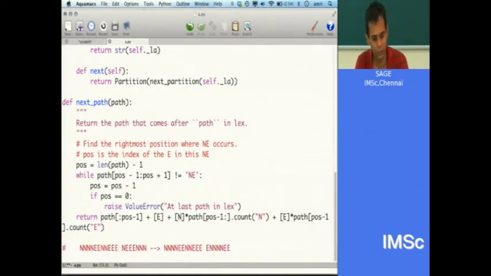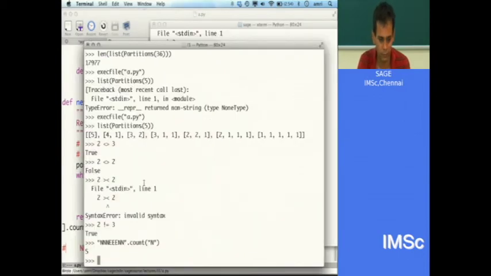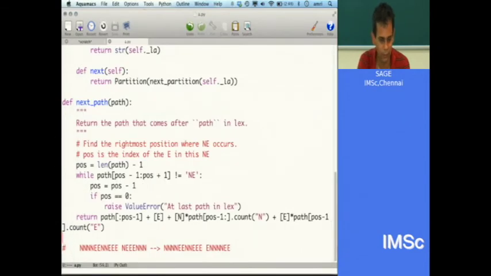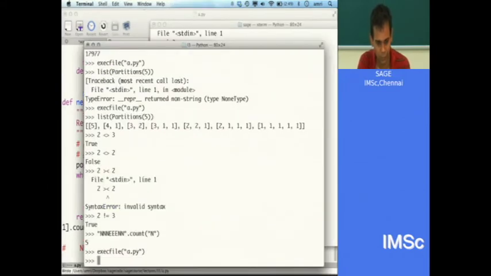So let's see if this works. Oh yeah, that's gone away. Minus 1 in fact. Next path.